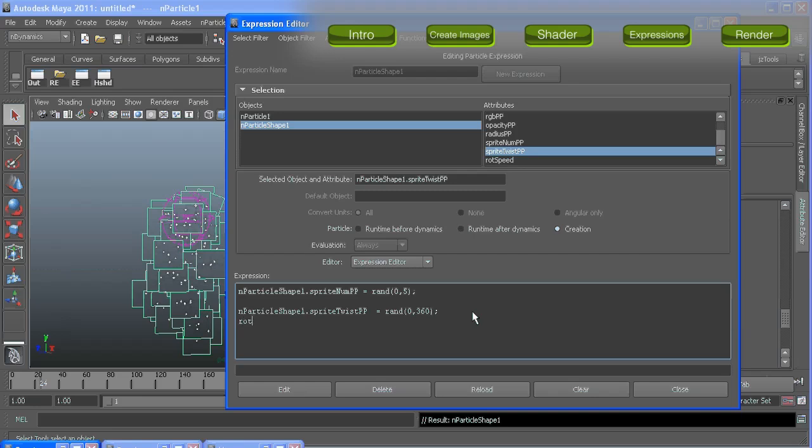Okay. And then for our rotation speed, we want each particle to have a value between -10 and 10. So now in our runtime of our sprite twist, we're going to take whatever it was and add that value assigned at creation. So plus equals rotation speed. If we hit create